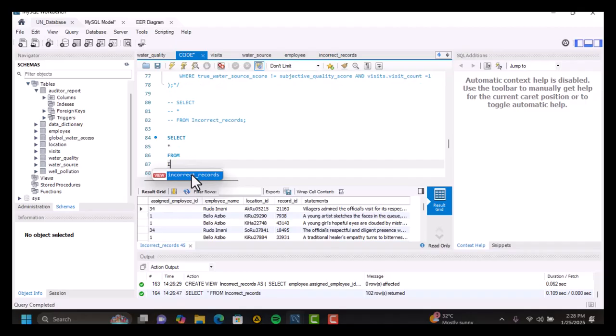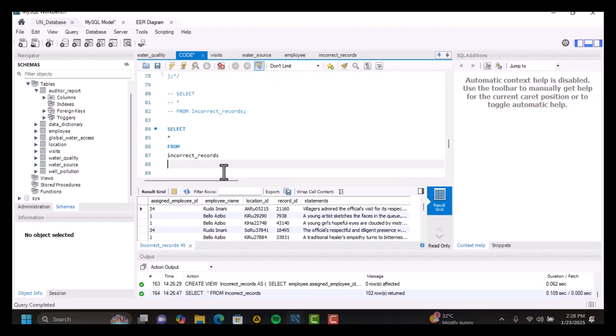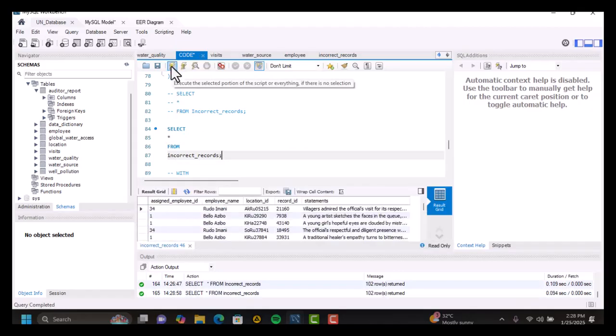In the incorrect records, do we have employee name? Let me check incorrect records. We have employee name here. So where employee name in